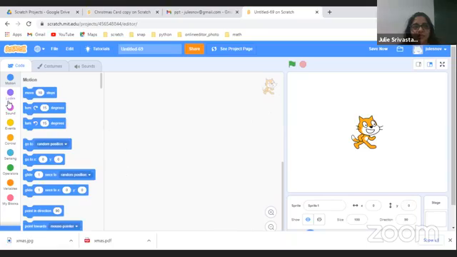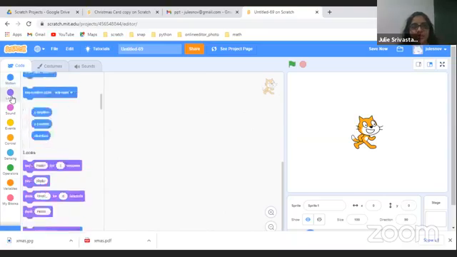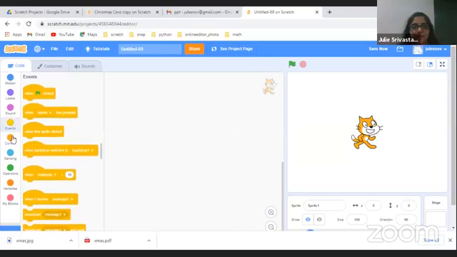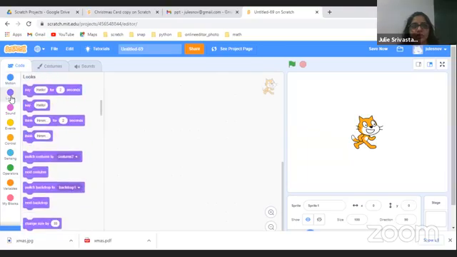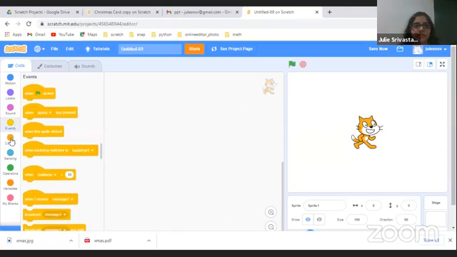These are all the options. I want you to look at these options carefully so that I will be able to guide you. When I tell you motion, you will go to the motion option. When I say looks, you will go to the looks, sound, and events, and control. So these are the 5 options that we are currently using for creating the card. I'll repeat again, motion. When you go to looks, you get all the blocks related to the looks. When you go to sound, you get all the blocks related to the sound, for the events and for the control.